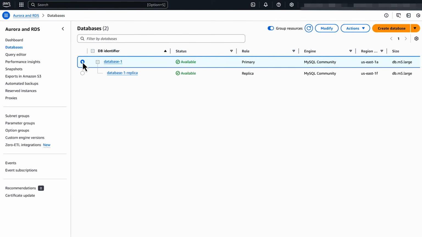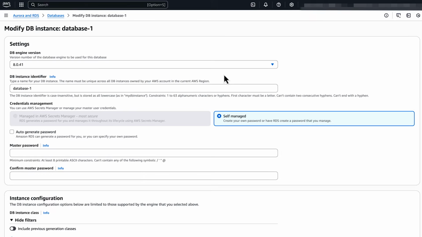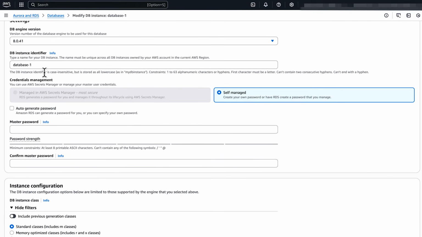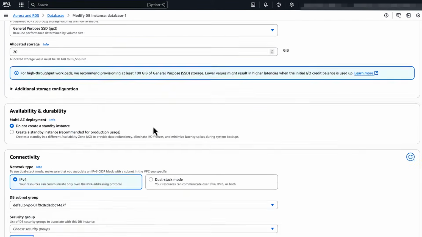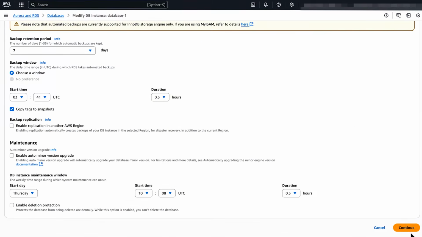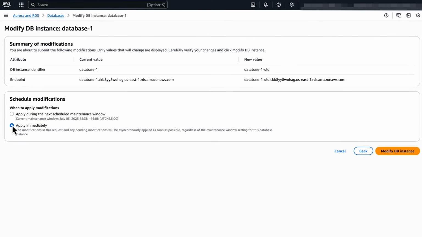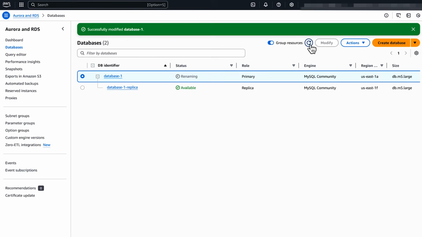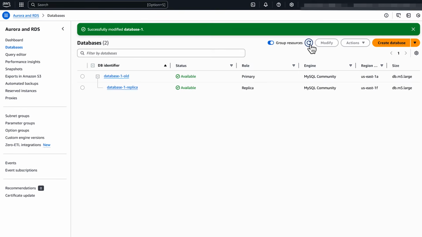To do this, select your DB instance and then choose Modify. In the settings, enter a new name for the DB instance identifier. Then choose Continue. Choose Apply immediately. Choose Modify DB instance. Then take a manual snapshot of your DB instance.